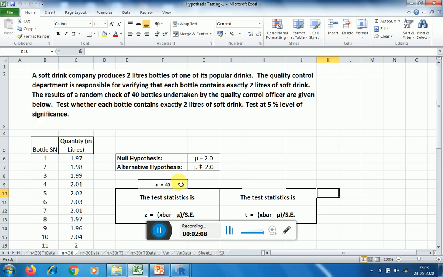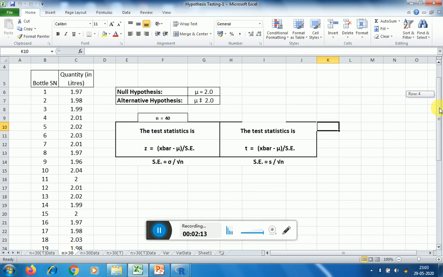So here the size of the sample is 40, and this can be treated as a large sample. Normally in theory it is said that whenever sample size is more than 30, it is a large sample, and we use the statistic Z, where Z is given by x bar minus mu upon standard error, where standard error is given by sigma upon under root of n. So obviously the assumption here is that we must know the population standard deviation.